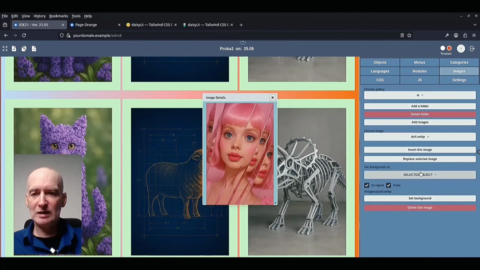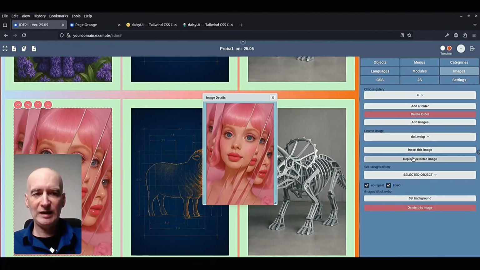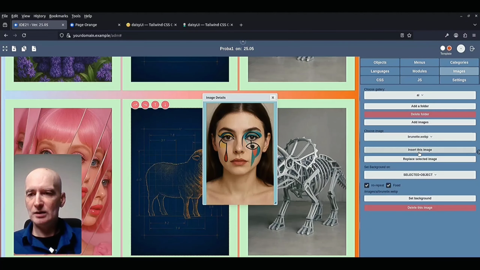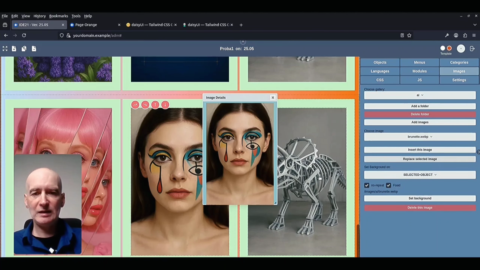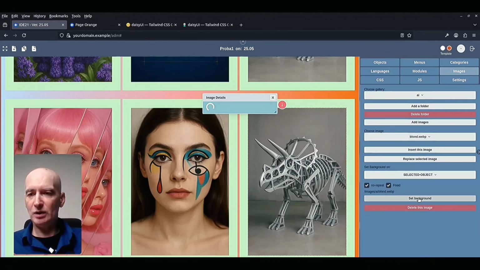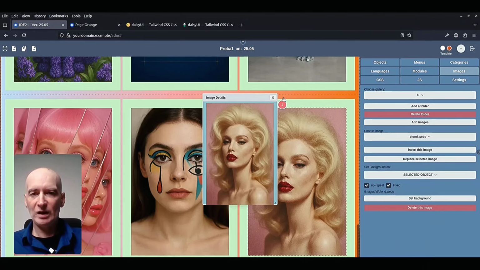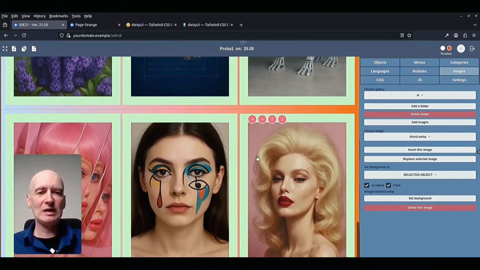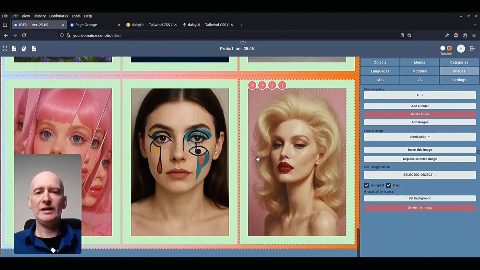For example, let's choose again this, what we have already used, with replace image. Now let's choose something else for this one. Replace, and here we will put the blonde. And now you see that we have replaced images with 1 click also.